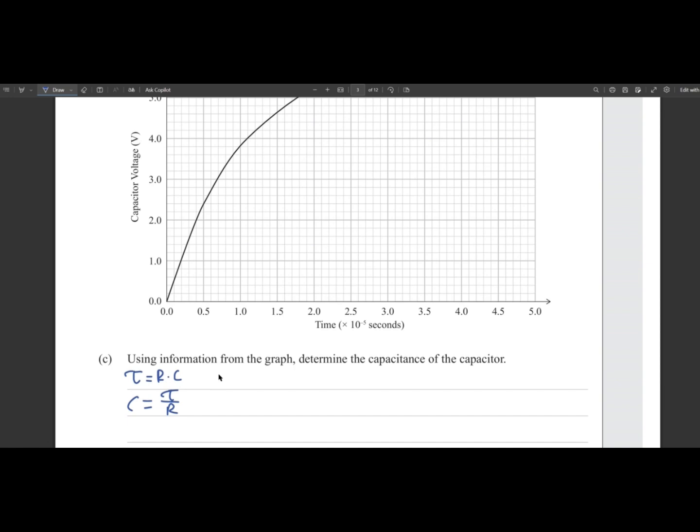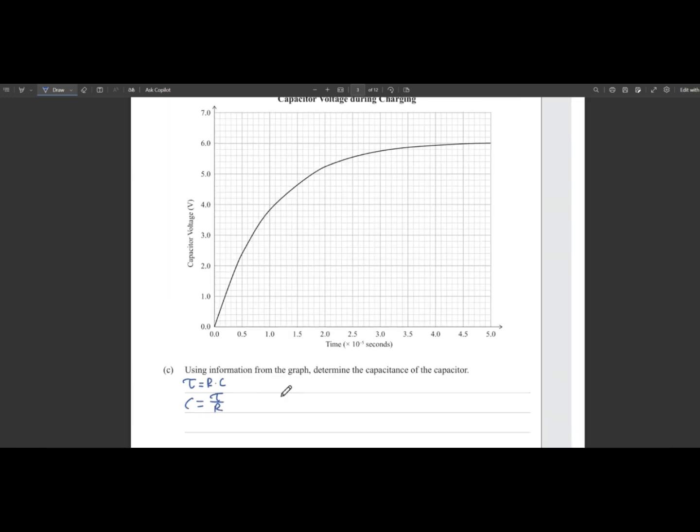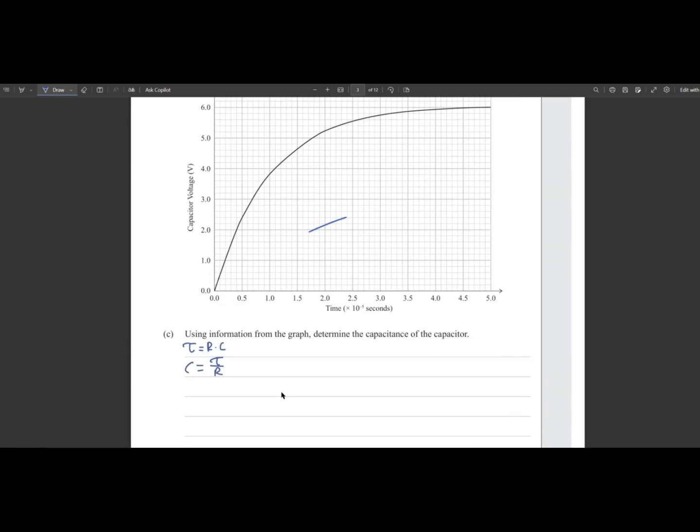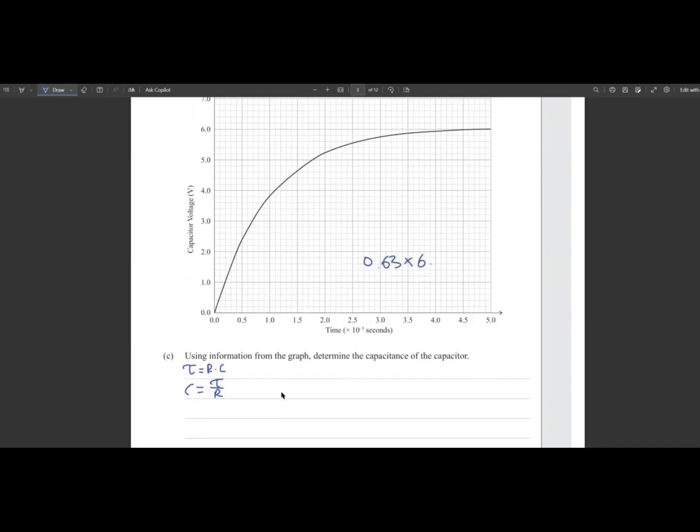We don't really have our time constant, but the time constant is the time it takes to reach 63% of its maximum value. So if I take 63% of the maximum voltage, which was 6.02,